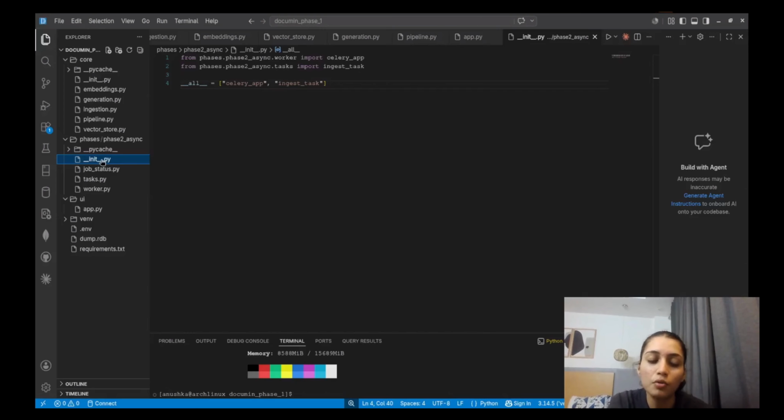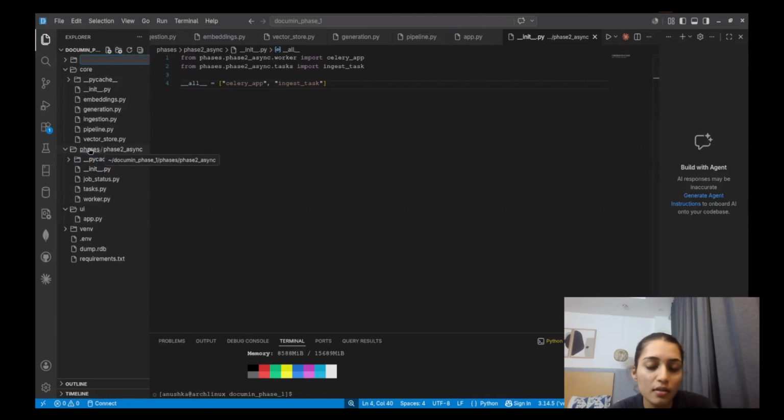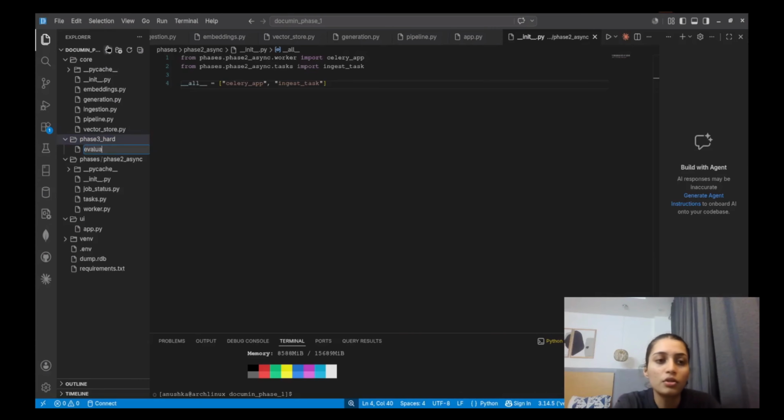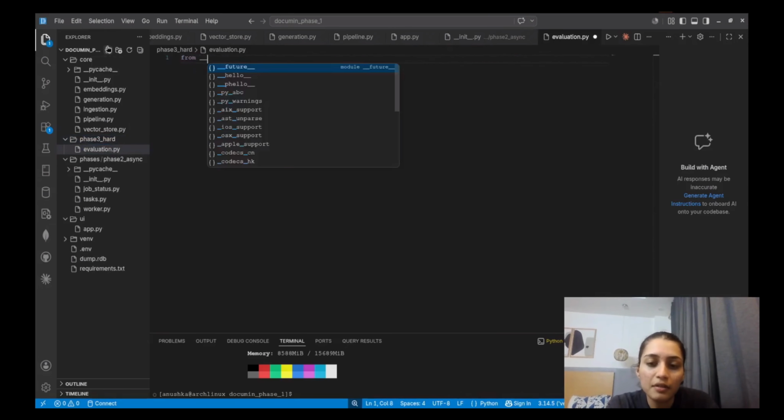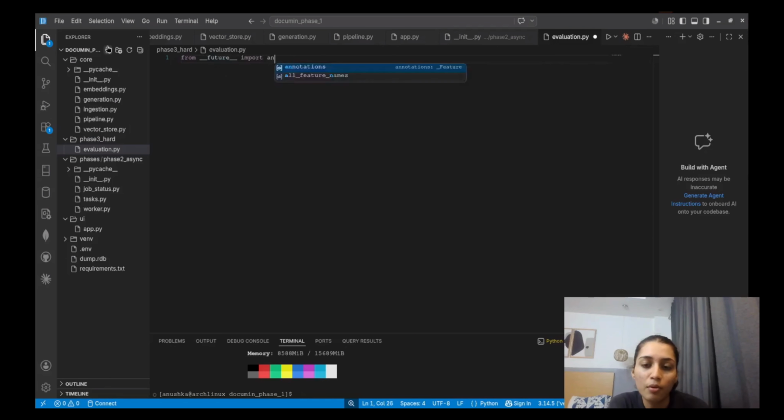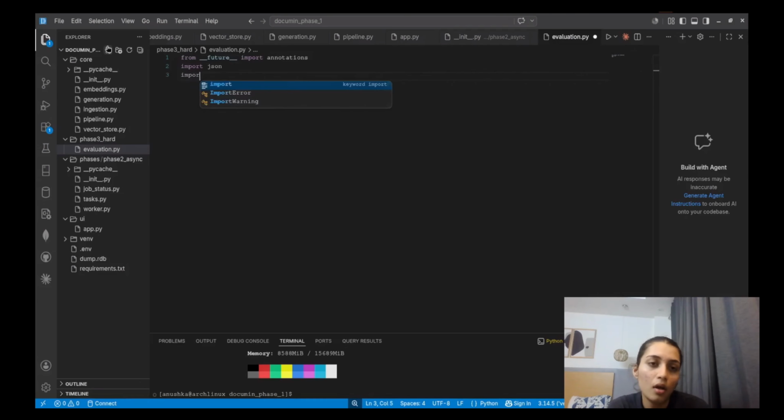So what we are going to do, first of all, we are going to build a phase 3 folder, and roughly we would need 3 files in this folder. So first of all, it's going to be evaluation.py. So import all the libraries that we would require, and these are like from future import annotations. Okay, import JSON, then we have import OS, yeah, and then we'll have